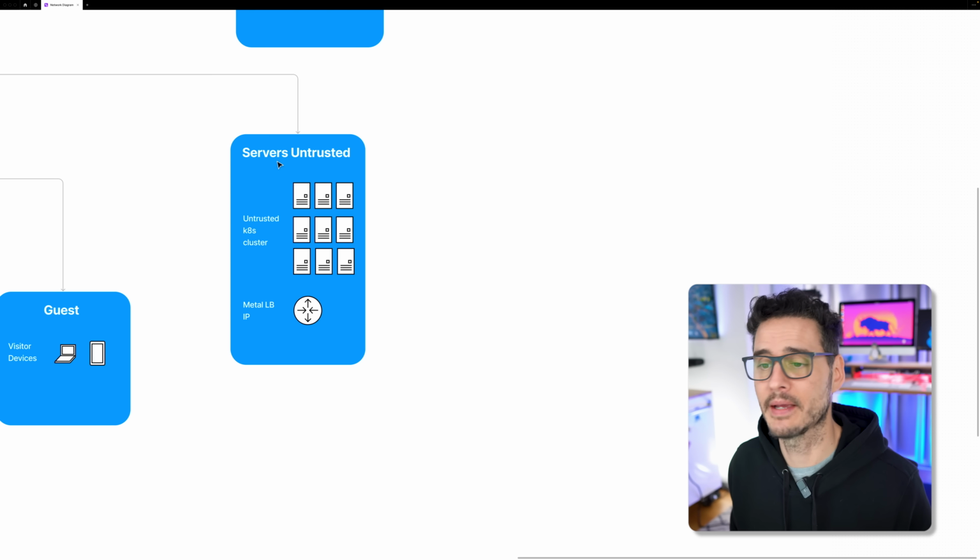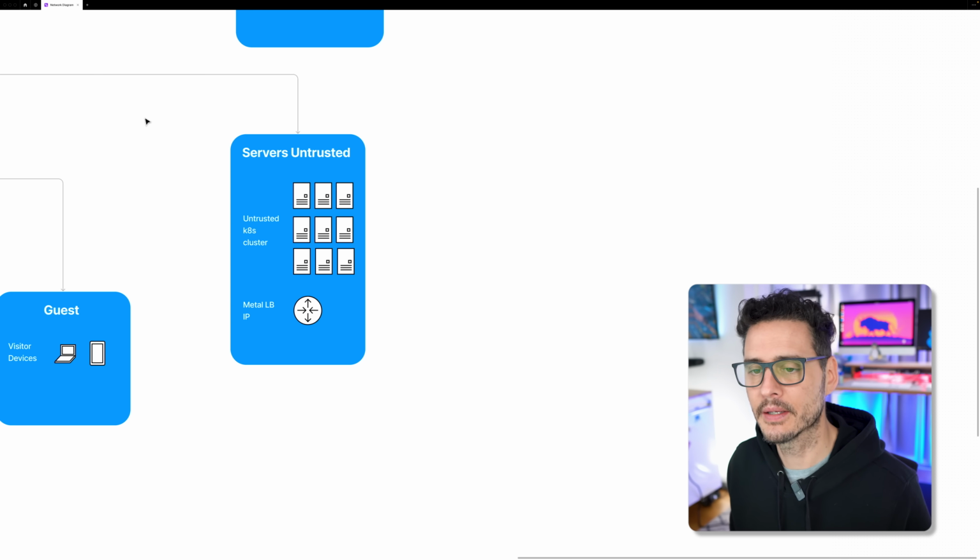So my untrusted network isn't really devices that I don't trust. It's that I don't trust the network itself because I host things publicly here. So, my website, my blog, my wiki, some of my bots, and some of my webhooks that are all public facing, they all live in here. And so security's pretty tight here in my servers untrusted VLAN. There's not a lot that it can do other than communicate with other devices on here. And so this is where public workloads run, and I have MetalLB running here too to create a load balancer and IP address that people from the public can get to.